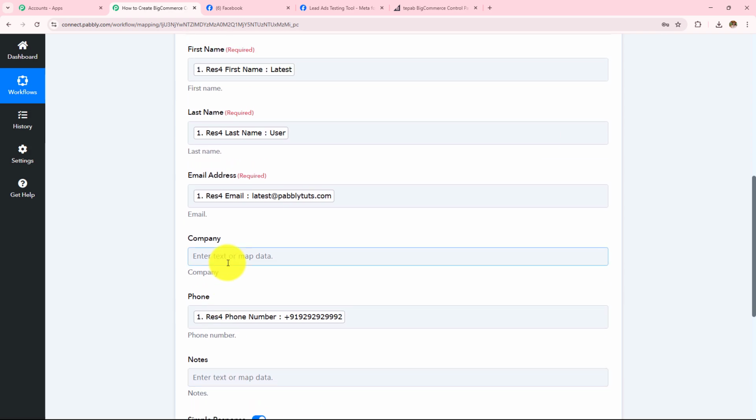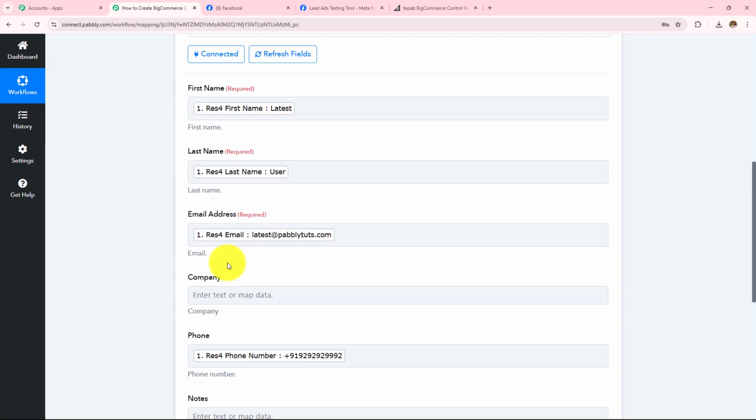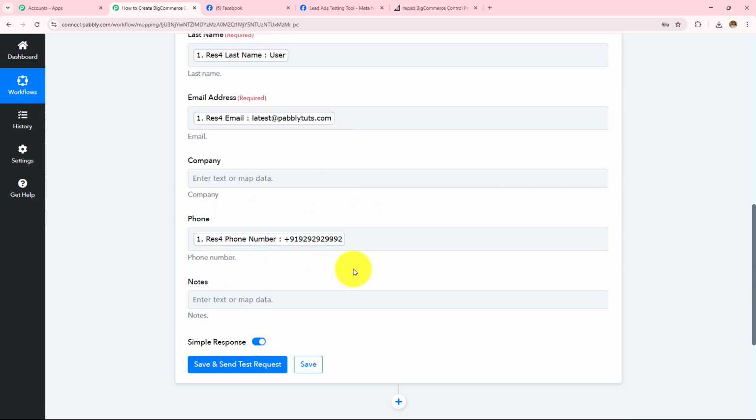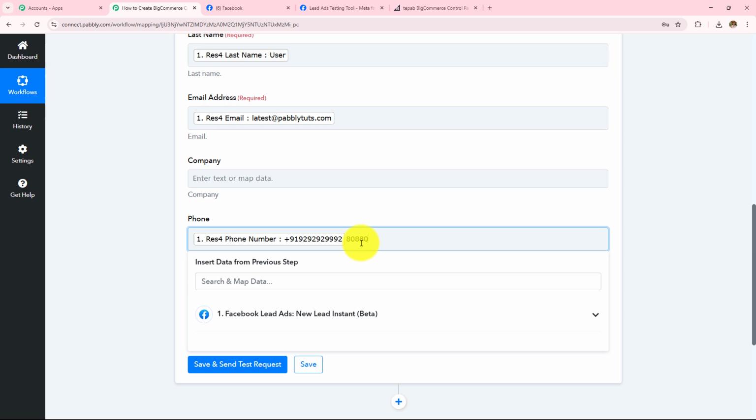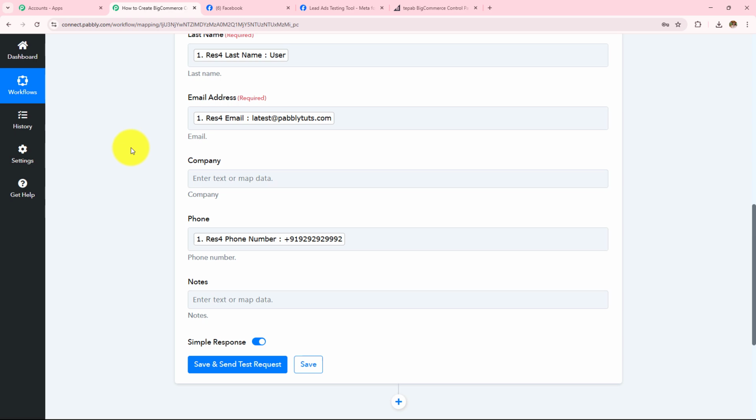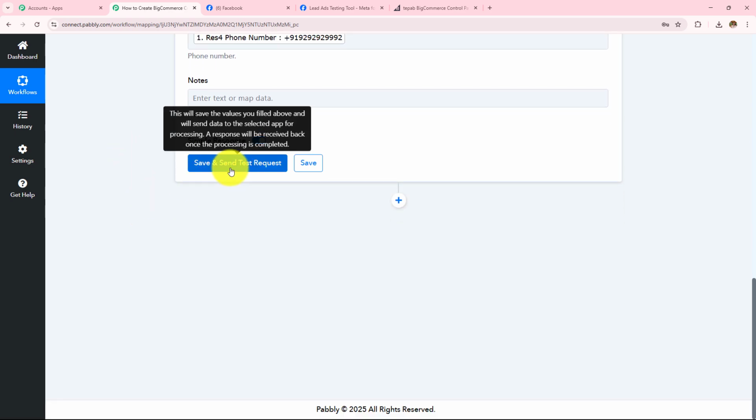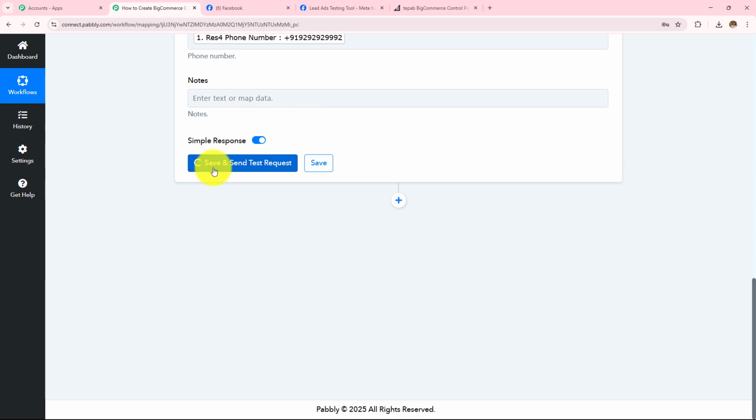Now over here, mapping is important so that every time you receive a new response, it is taken into consideration in these fields. Manually entering the data will make these fields static and the information will not change even if you have received the new response. Over here, if I manually enter any detail, this field will become static, and every time I receive a new response, the result will not change. So as to keep these fields dynamic, use this process mapping instead of manually entering the details. Now after entering all these details, I'm simply going to click on the save and send test request.